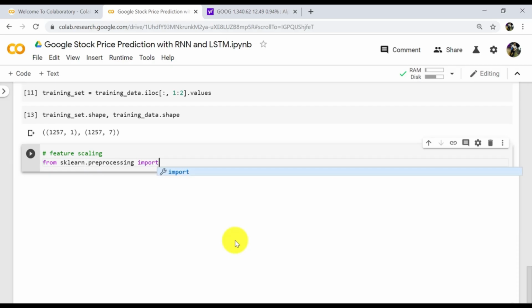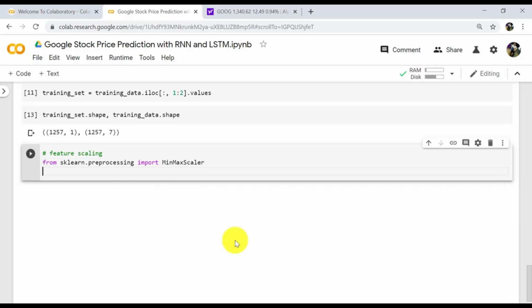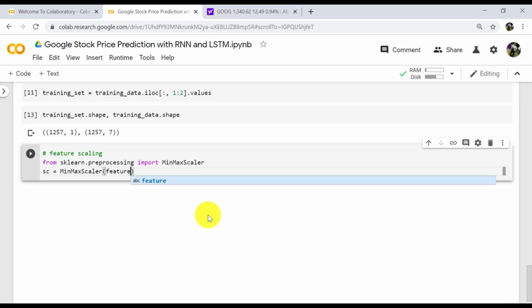Import MinMaxScaler. Now define an object here, sc. We are defining this object of this class MinMaxScaler. Here we will specify one parameter, feature_range